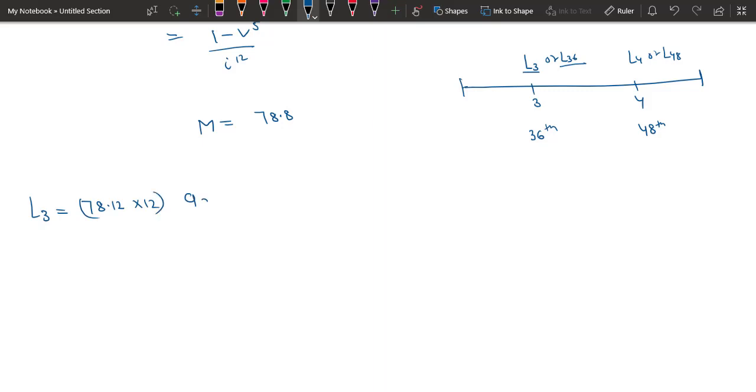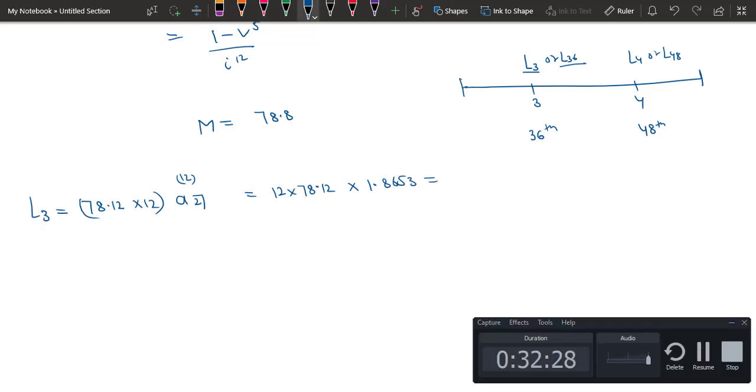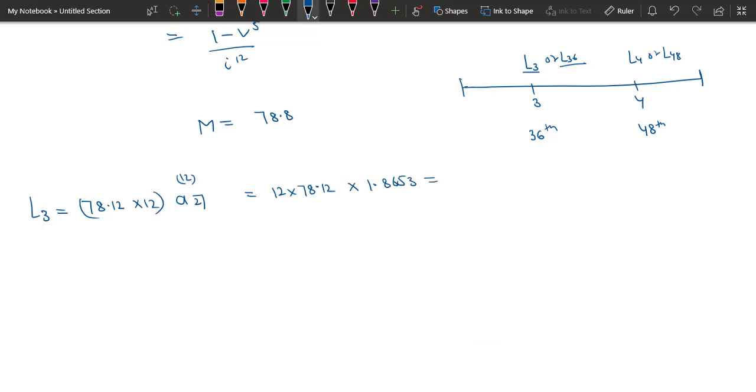This is the total amount paid in 1 year, and from the table you will find the value of L3 will be 1763.84, and the value of L4 will be